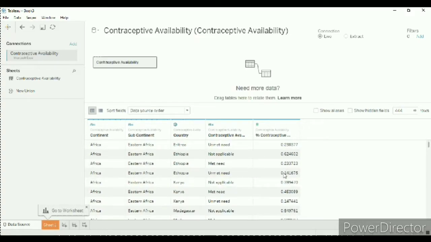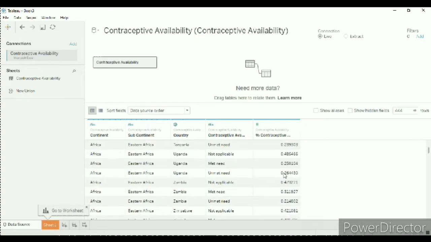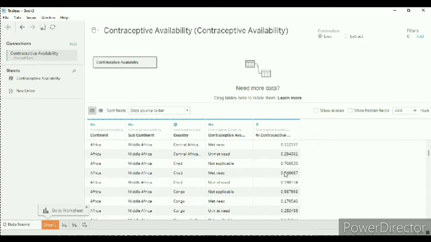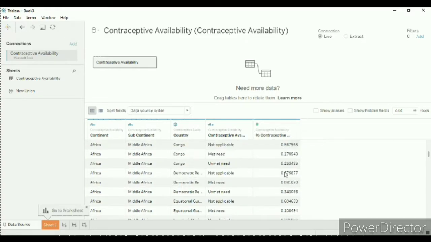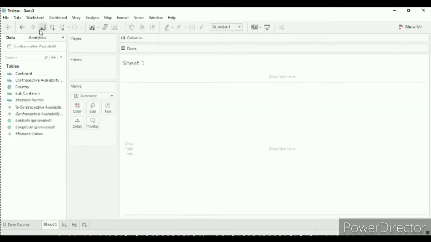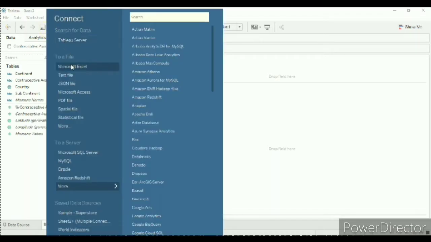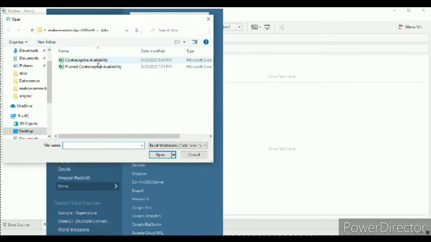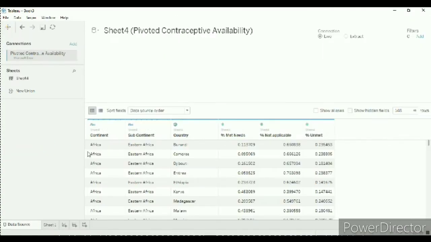This is to create different charts. So first is this dataset, and now we'll connect the second dataset. Go to sheet 1, click on data. Now connect the dataset. This is the pivoted dataset which we will use in the bar plot.